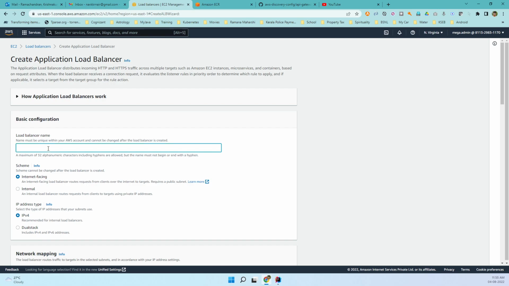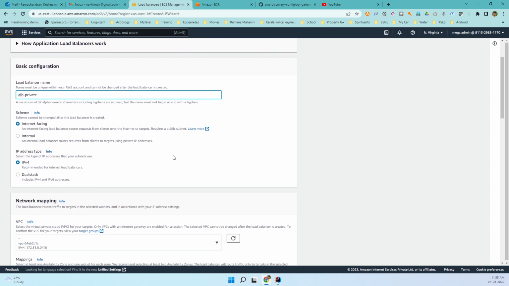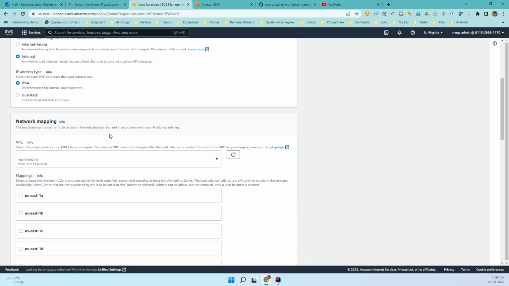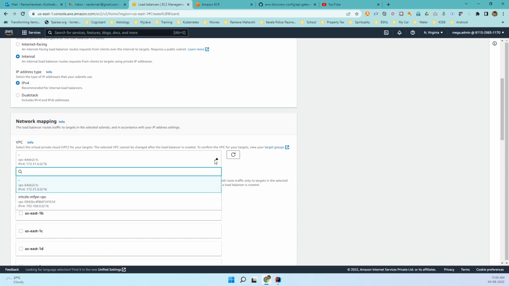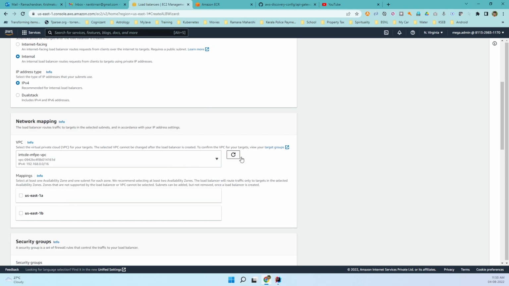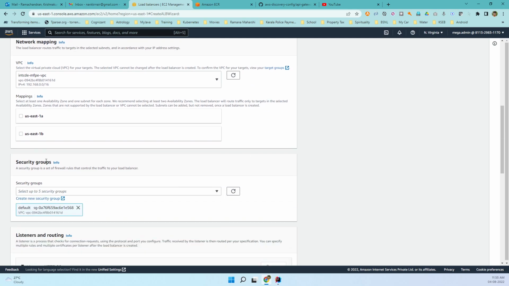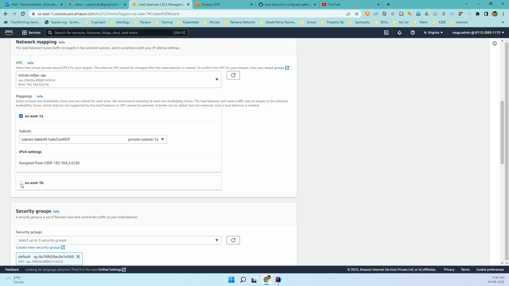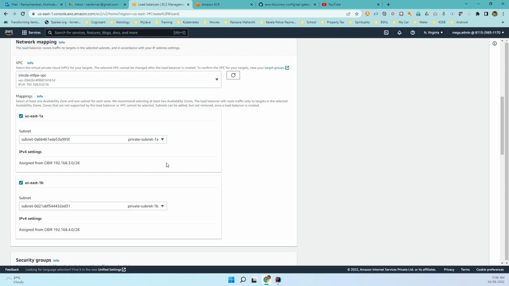I will give it the name application load balancer private. Of course, there are two options. This is going to be internal facing, and then which is the VPC? This should be associated to our custom VPC. Because we are creating an internal load balancer, it has to be associated with the private subnets only. So two availability zones, you can see here. If I just change it to public,